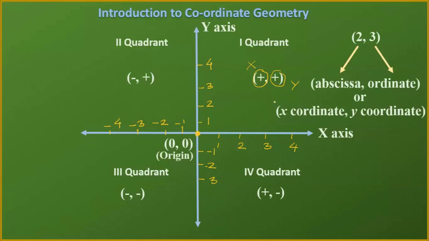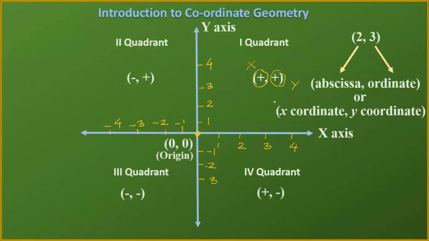So you should know what we have learned so far. First of all, the horizontal line is called the x-axis, and the vertical line is called the y-axis. Both lines meet at the origin. The x and y axes divide the whole plane into four quadrants, namely first, second, third and fourth, as you can see on your screen. Then we saw the sign convention according to their coordinates. And lastly, we saw the other names of the x coordinate and y coordinate, that is abscissa and ordinate.